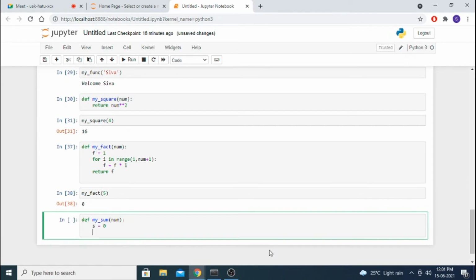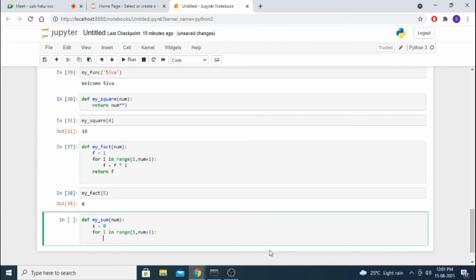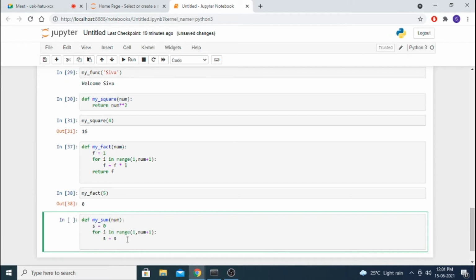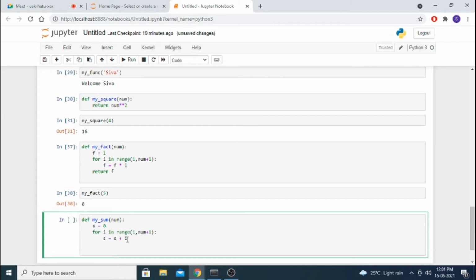For i in range, 1 comma, you can give 0 also, nothing wrong, but 1 comma num plus 1. Here what you have to give: s equal to s plus i, then return s.